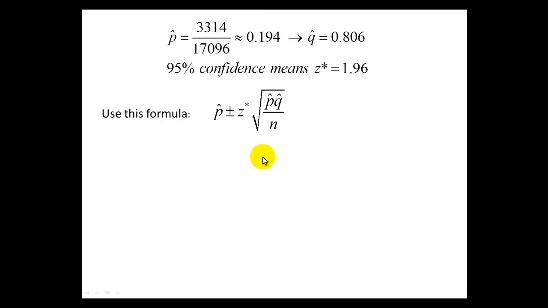And we're going to slowly start to plug in what we know. In this step, you can see I put the 0.194 for p hat, the 1.96 because we're doing a 95% confidence interval for Z star. P hat and q hat go in the numerator of this fraction, and then we divide by the sample size, which is